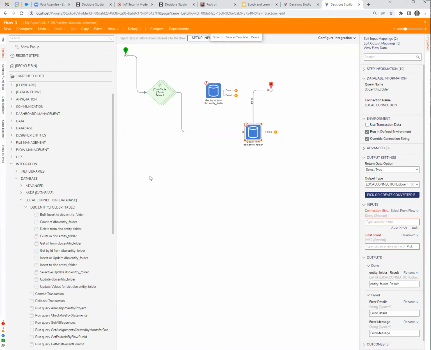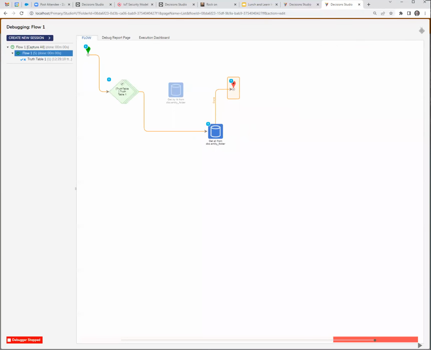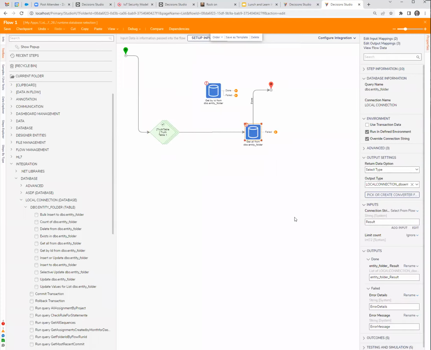Get my connection string from my truth table result here. Set that to ignore. Let's see, does that run? Okay, that runs. So I could make a different connection to my local and have it be a different row here. So this is how you could do dynamic